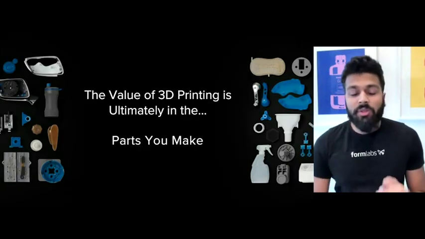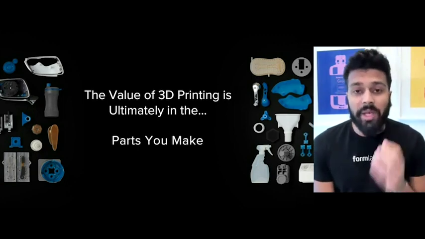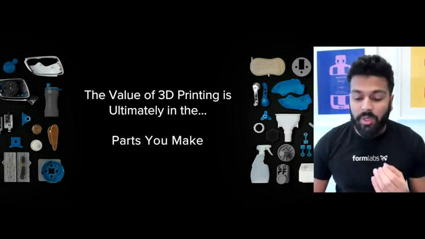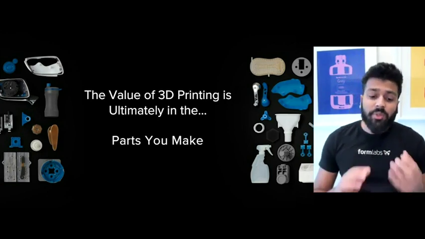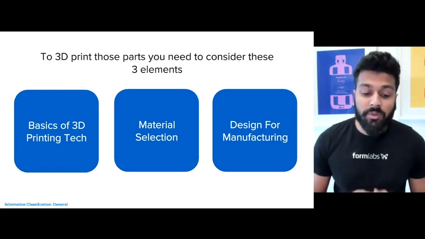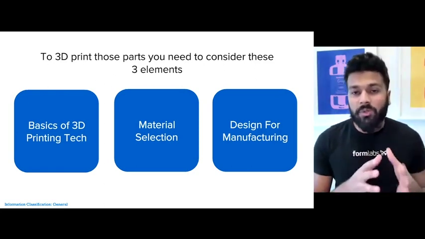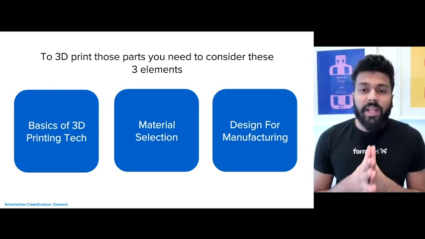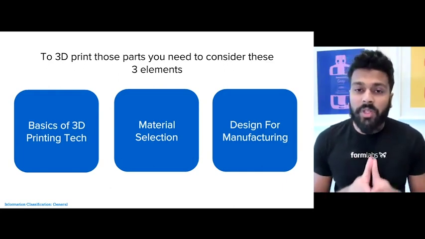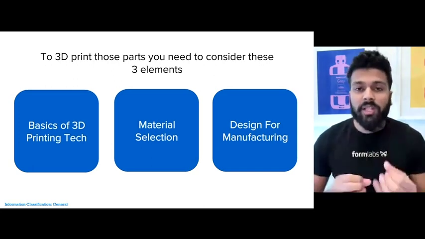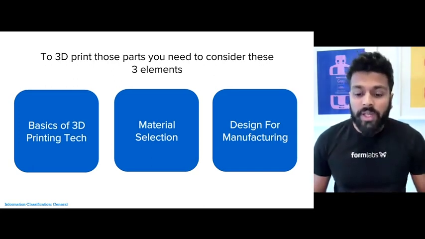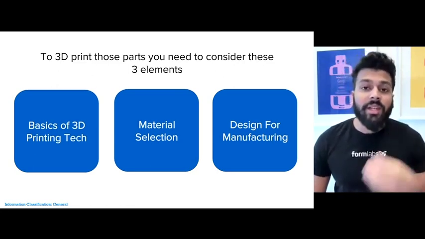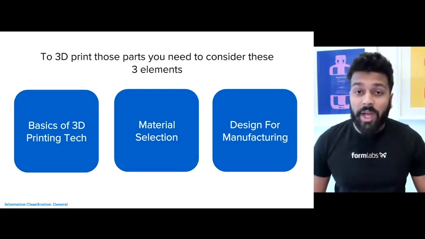So the ultimate value in 3D printing is in the parts you make. 3D printing is a means to an end. It's really about the parts that we want to achieve at the end of the day. And to 3D print those parts, you need to factor in 3 different elements. The first is being able to speak the language of 3D printing, which are the basics of 3D printing technology and understanding how they work. The second is understanding the materials that are available on those technologies and being able to select the proper material that's suited for you. And last is understanding some design rules for how you can optimize your design to be 3D printed and manufactured